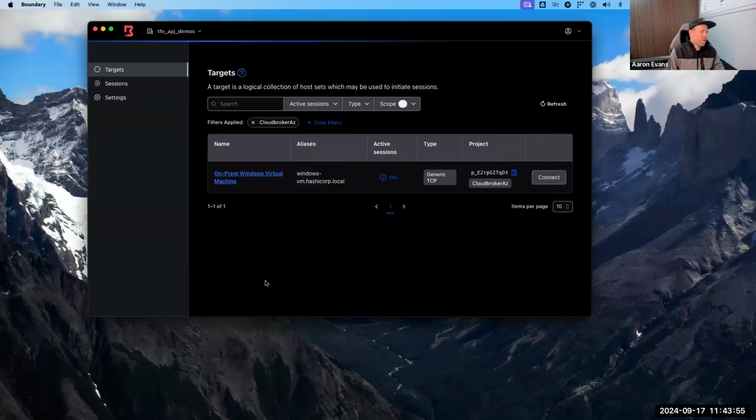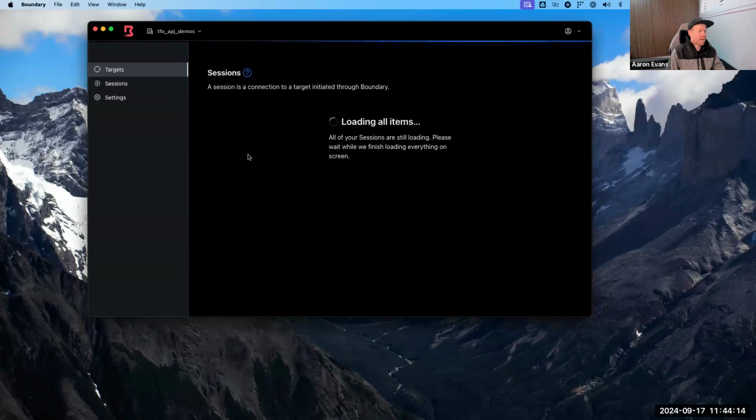So what you're seeing on my screen right now is the Boundary user interface, where I can see what targets I have access to through my machine, through my identity. I can see that I have an on-prem virtual machine with an alias of Windows-VM HashiCorp.local. I can see that I'm currently connected to it, and if I look at sessions, I can see that session